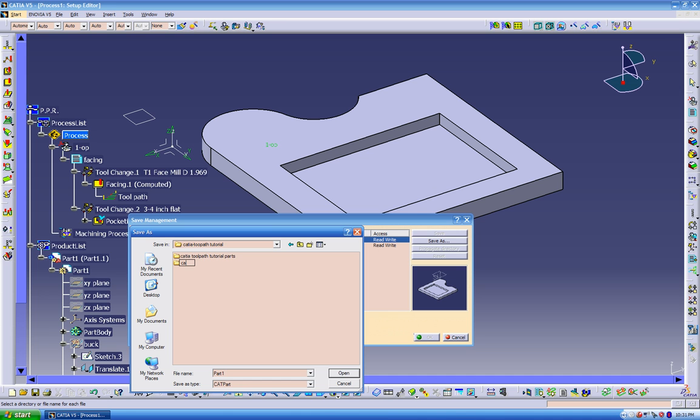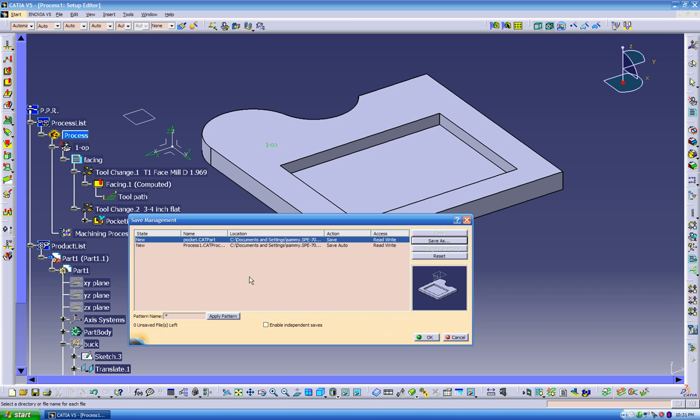And we're going to put again, click enter and put your part name in here. So this is for the cat part. Put save. Now let's go to cat process, which is our toolpath